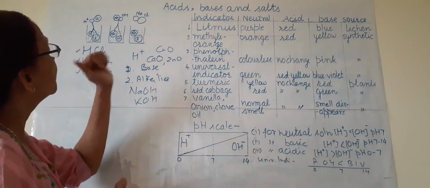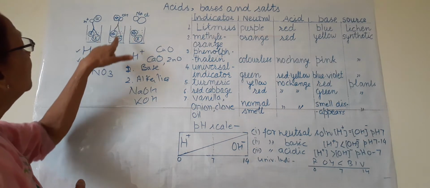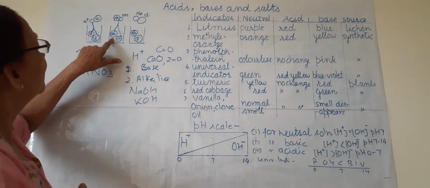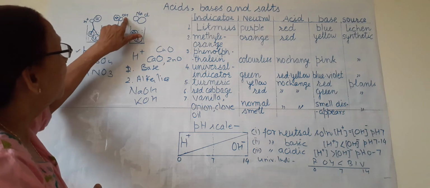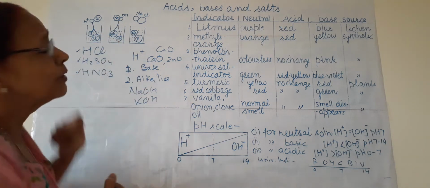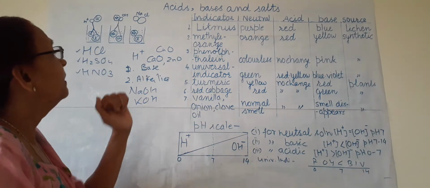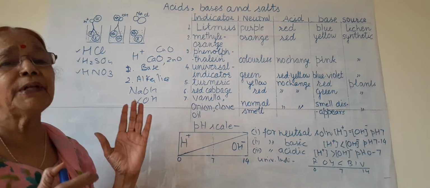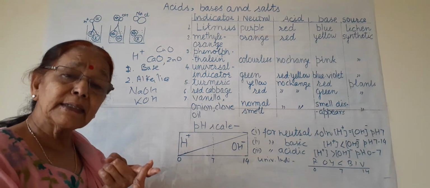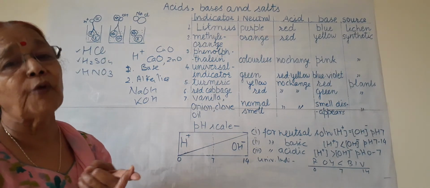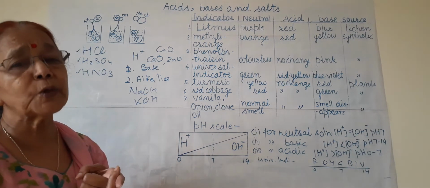So what should be the definition of bases? Here we can see NaOH is the base. This is Na cation, or the metal part, and OH anion, or the hydroxyl part. In water, this NaOH alkali dissociates into cation and anion. The definition of bases is that they neutralize acids to form salt and water. This is the correct definition: they combine with acids to form salt and water.